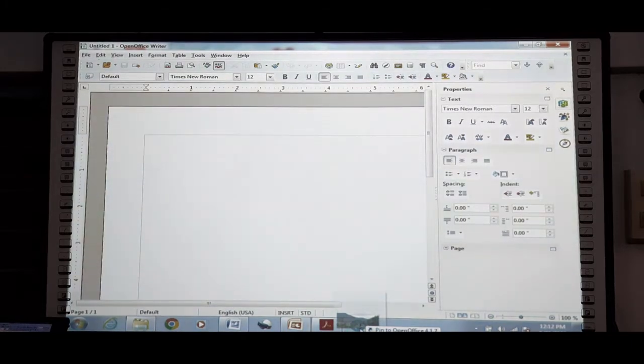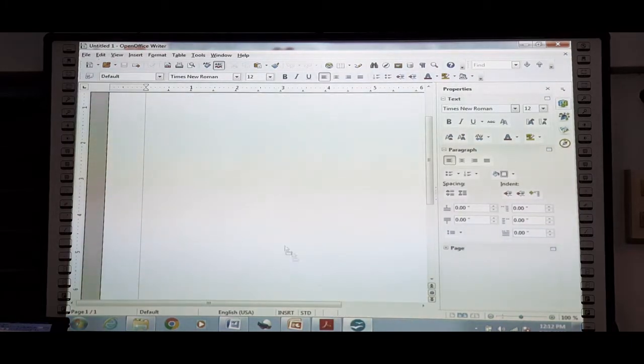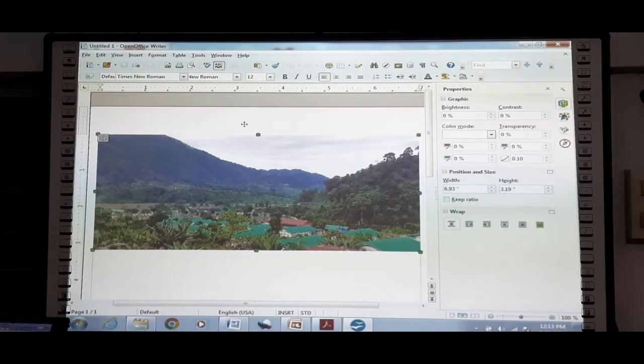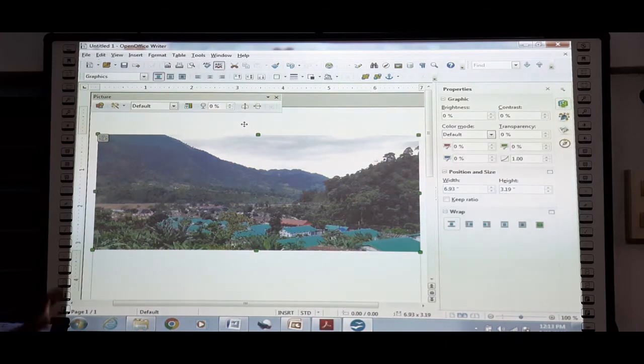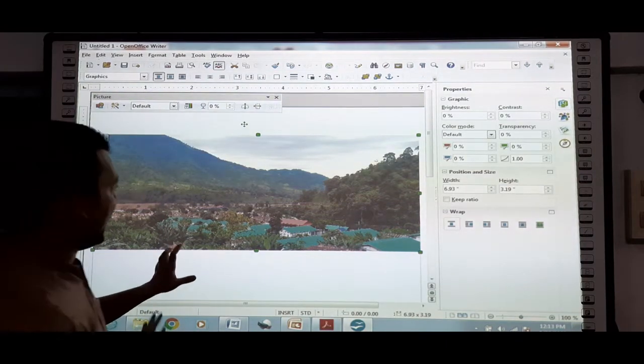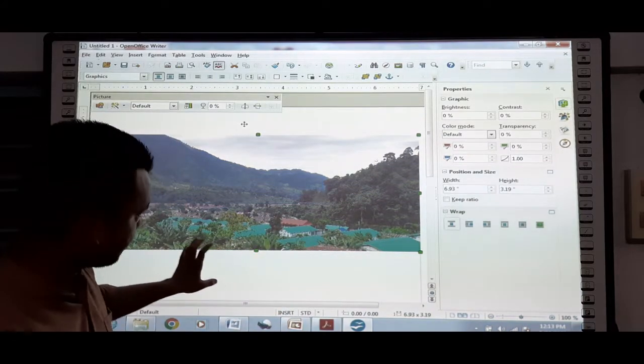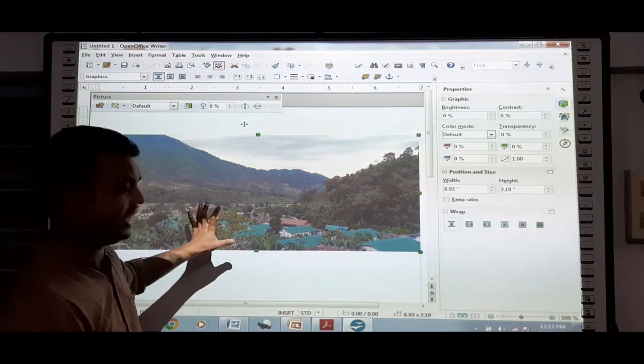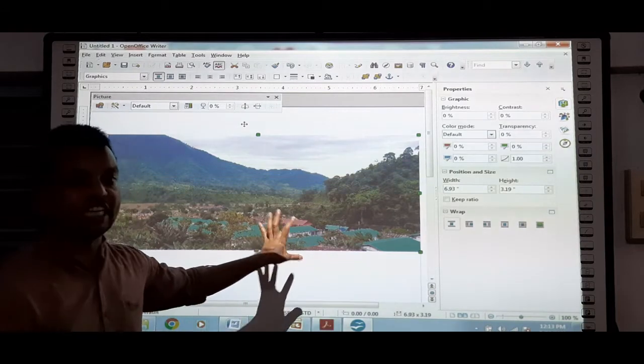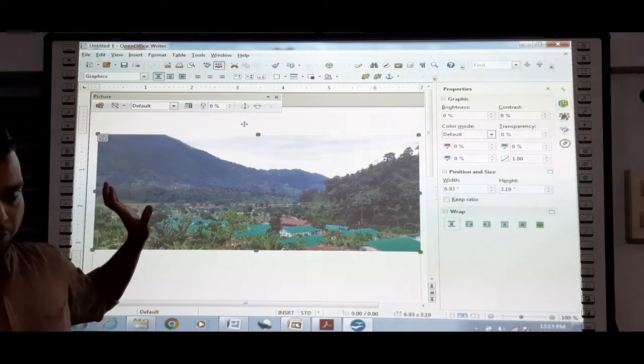Now simply bring that particular picture in here. Then leave the mouse cursor. See, as soon as I drag it to this location and release it, our picture got inserted in our OpenOffice.org document.